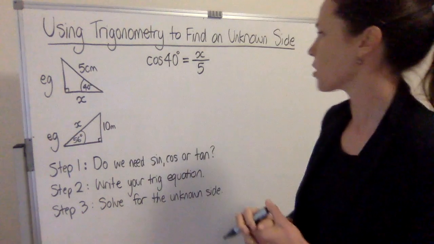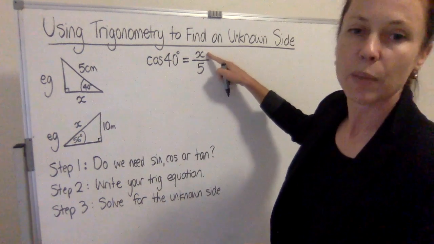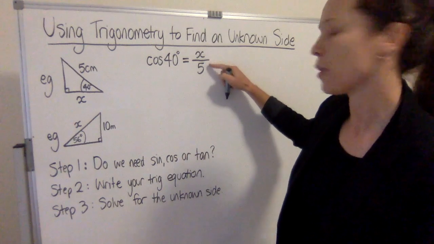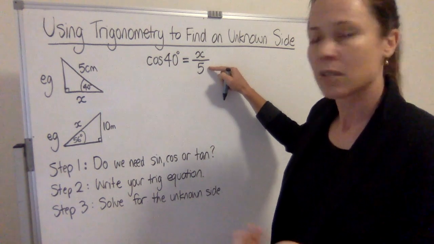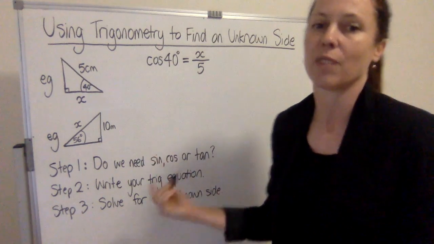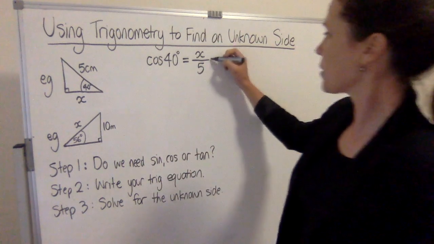Okay, how do we go about solving that? Well, to get x by itself, we just need to multiply both sides by 5, don't we? Because we know what x is when it's been divided by 5. So we want to find what it is when it hasn't been divided by 5. So if we multiply both sides by 5,